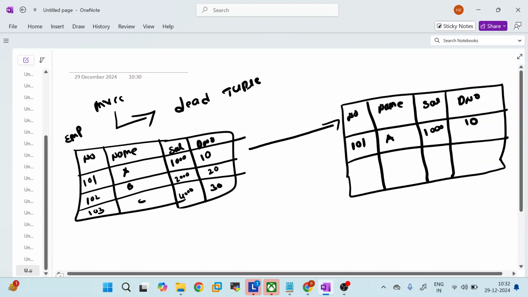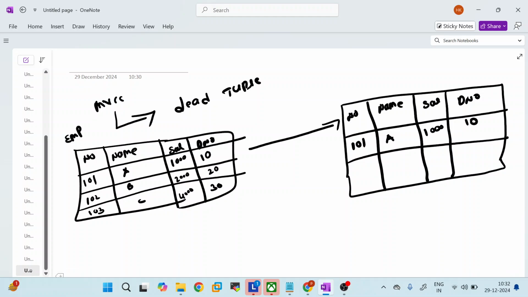Now observe it carefully. For the department number 20, what is the update operation? Update EMP set sal equal to sal plus 3000, where department number equal to 20. So this row will be written as 102 B 2000 plus 3000, 5000, department number is 20. And observe it carefully. Again 102 B 2020 and 103 C